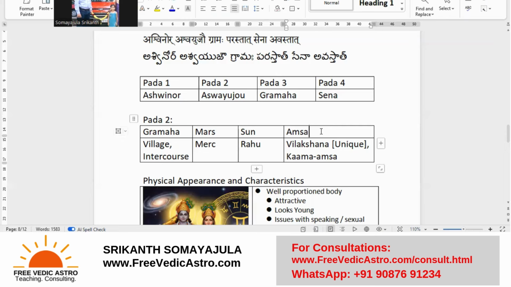So never judge saying, okay, this amsha is good, that amsha is bad. Even that is not possible. All 108 amshas can be good. All of them can be equally bad. Please do not stereotype saying, look, bhoga is good, that is bad, etc. You cannot say so. Taskara is also not bad. Taskara is also a very, very good amsha, right? The first amsha, the Ashwini Pada one, Taskara is the amsha. It is also very good.